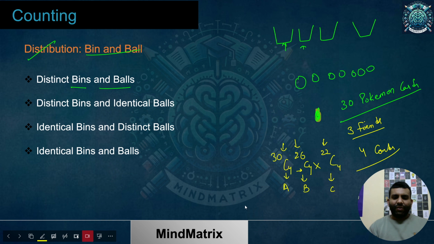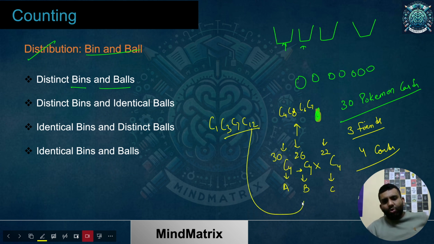Let's suppose with this selection I had C1, C3, C7, let's say 12, and with this selection I had something like this: C4, C8, C6, C7, something like this. So you might be thinking that this must also go to this one, and this must also go to this one. There must be a kind of arrangement as well, but that is by default taken care of by this formula,